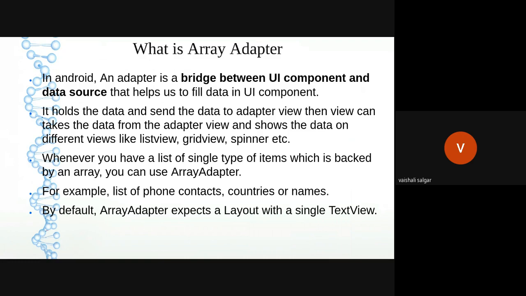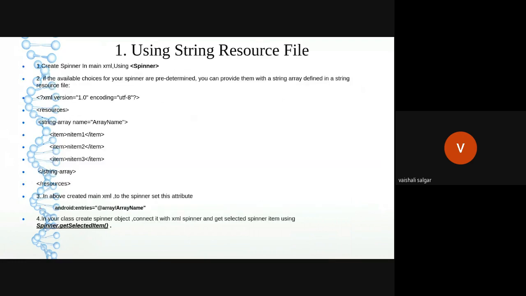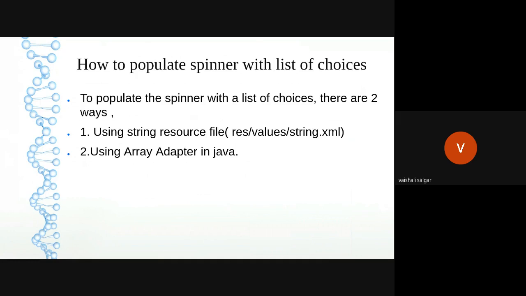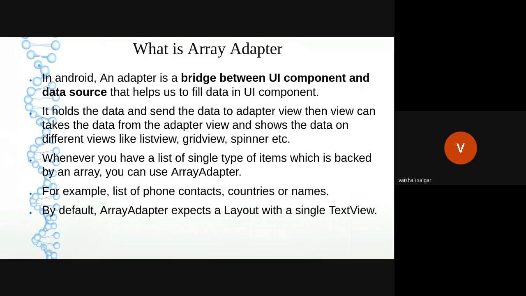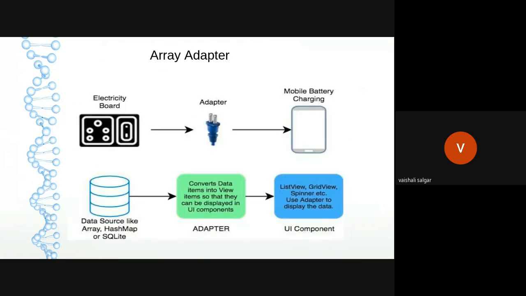Another way is by using ArrayAdapter. So this ArrayAdapter will be directly linked dynamically at runtime, or it is also called dynamic linking. Whereas the first option which we discussed, that is using the string resource file, is a design time linking of your spinner with the list of values. Okay, so you can implement that by using strings.xml. If anyone is interested in doing it at dynamic time, I will just quickly explain how you can use the